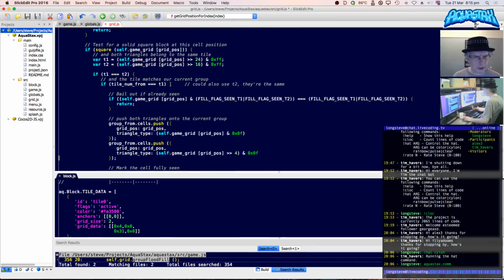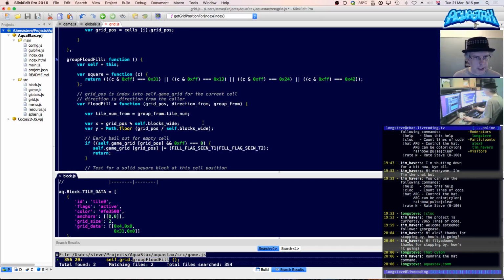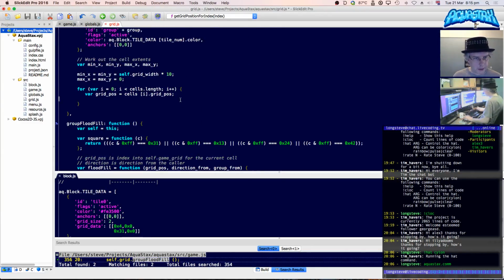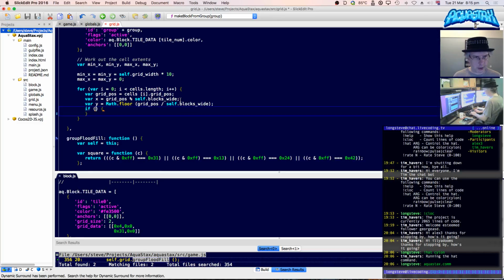It probably does similar things down in here somewhere, does it? Yeah, there it is. Right, I'll borrow those two lines. Grid pos. Oh, what's up the blocks wide? I see grid pos. Yeah, mod and divide. Okay. So then we do the usual: if x is greater than min x